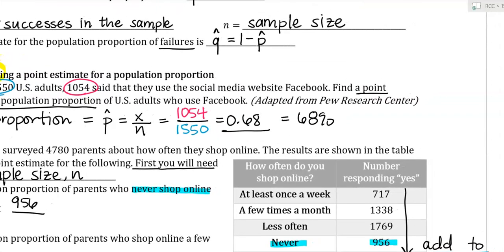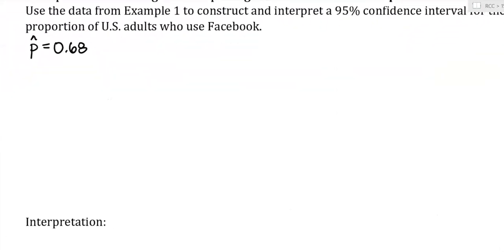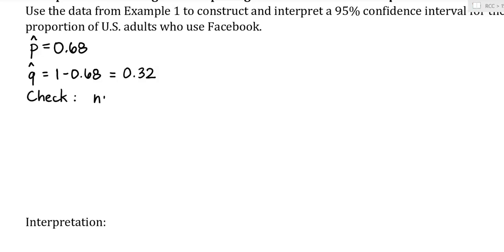So we already have our P hat. I'm going to go ahead and find Q hat. We do know that if P hat is equal to 0.68, then Q hat is equal to 1 minus 0.68, which gives us that our Q hat is 0.32. Now that we have both P hat and Q hat, we do need to check that n times P hat is greater than or equal to 5,